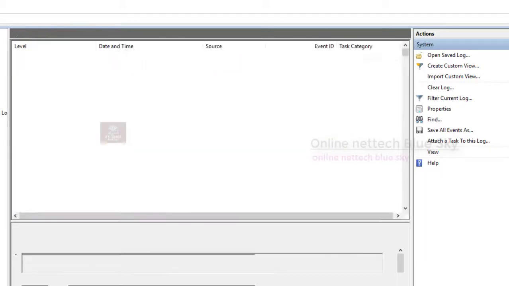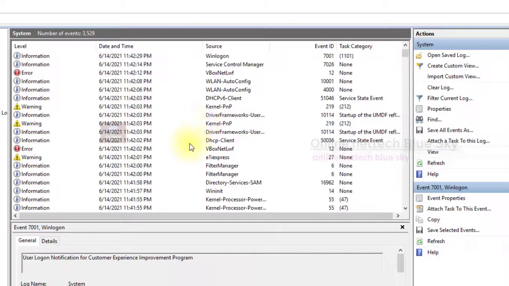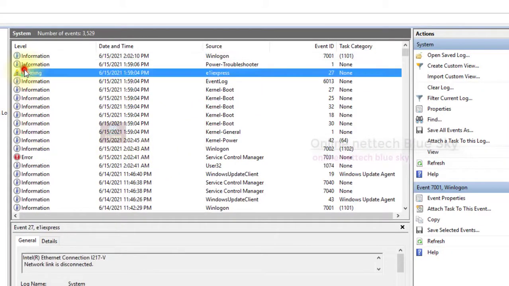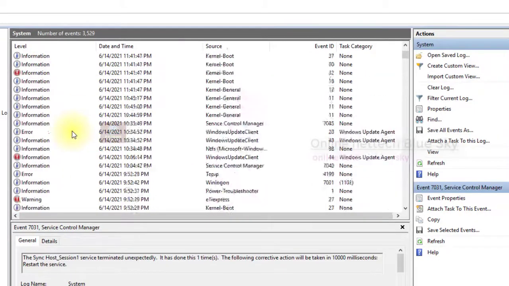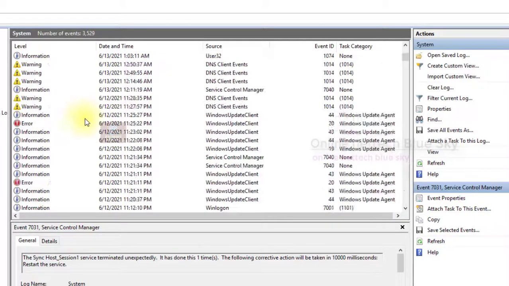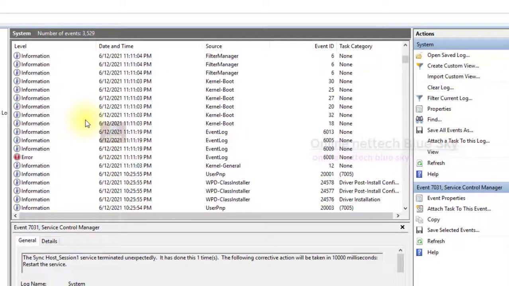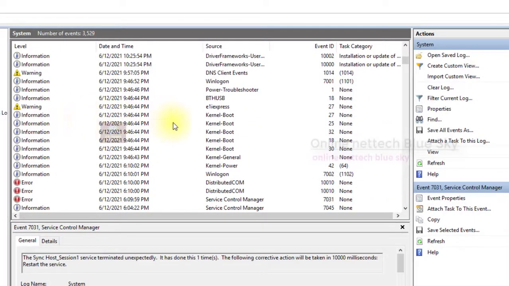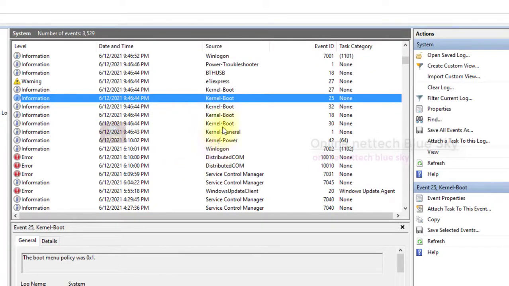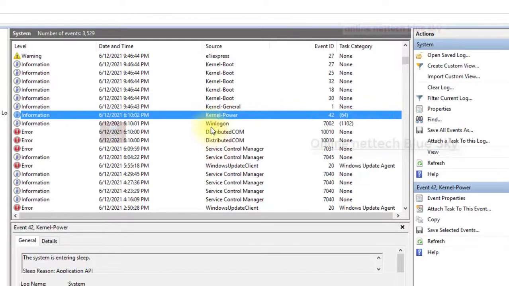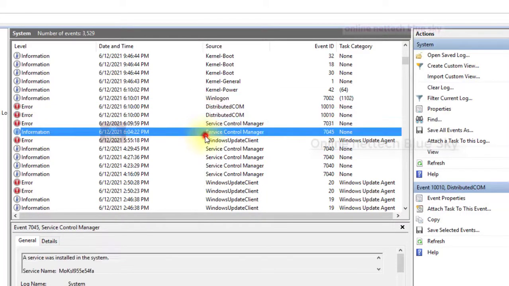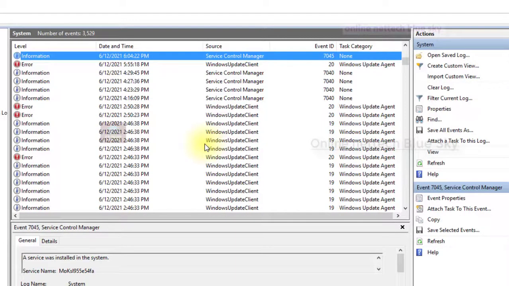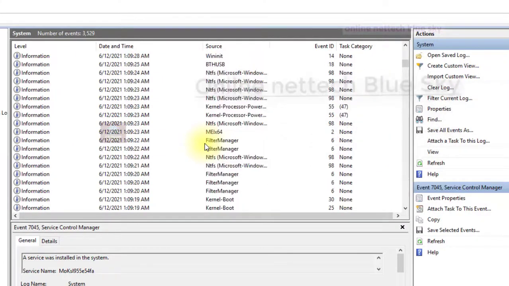System means you can see system related. System is one type of showing me my computer. This shows me system related warnings, some information, some kernel boot, some kernel power, some distributed COM, control panel, management, with everything file related information.